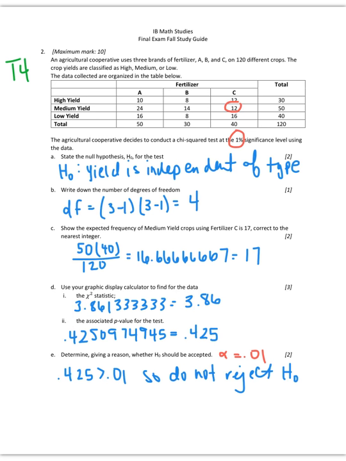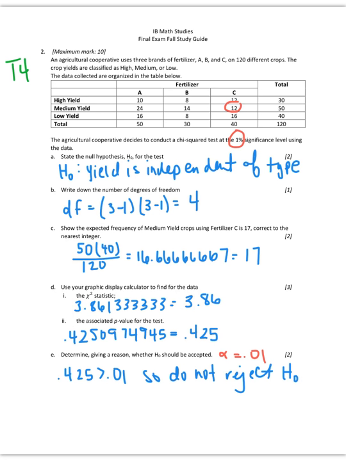Part D, you're going to use your graphing calculator. So you go into matrix. In this case, we want a 3x3 matrix. Put in all your data, and then go into stat tests, and we want to find the chi-squared test, not the GOF, just the regular one. And you find that your chi-squared statistic, rounded to 3 decimal places, is 3.86, and your p-value rounded to 3